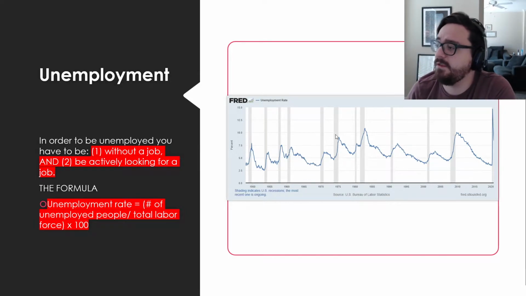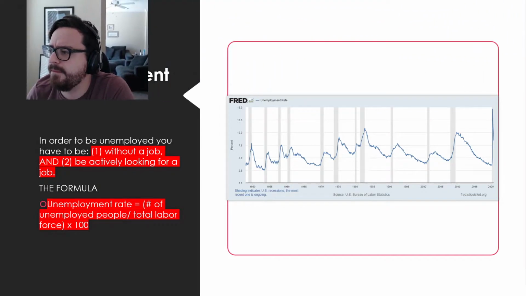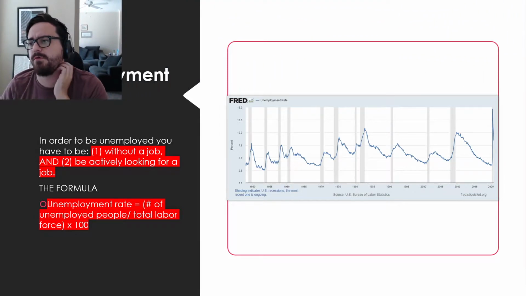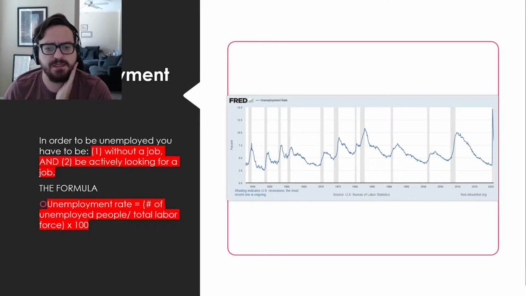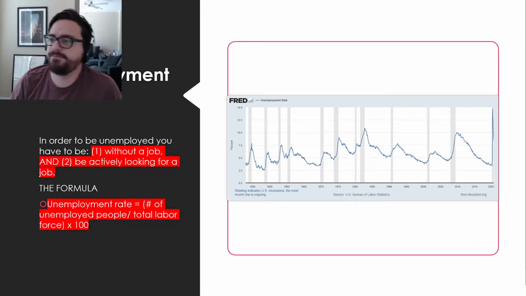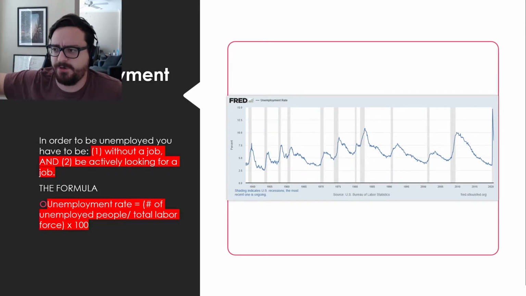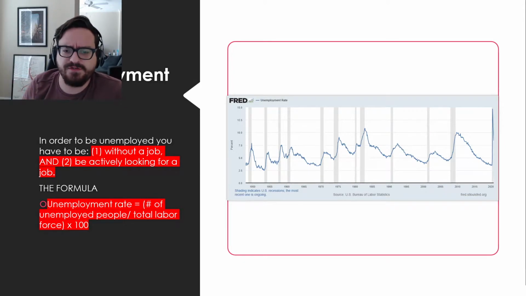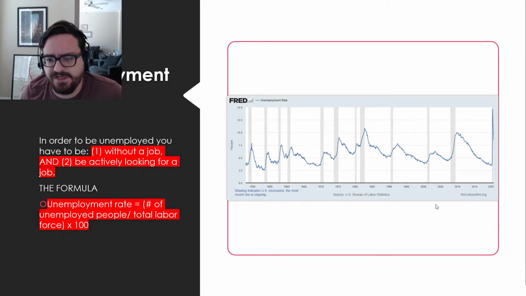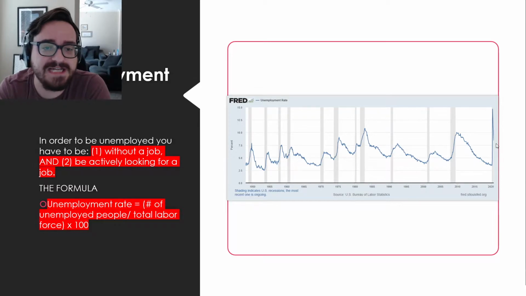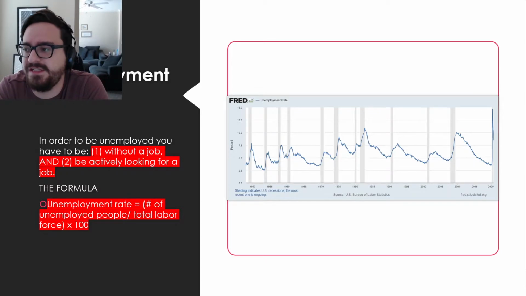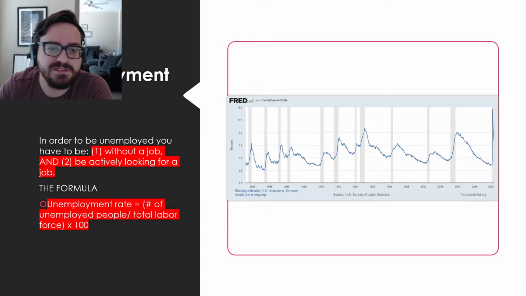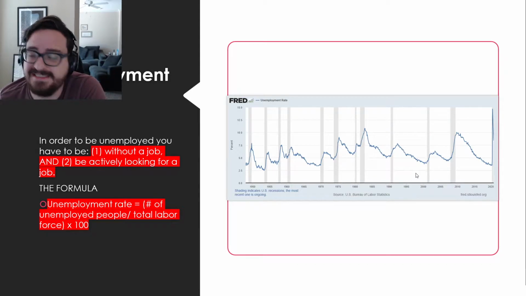Now what you have over here, which I can move my camera a little bit out of the way, is the FRED data. The FRED is the Federal Reserve Bank in, I want to say it's St. Louis. They have an entire research department that does a ton of super useful data. If you ever go on their website, just type in FRED onto Google, you'll find the website. It's bottom right here. It's fred.stlouisfed.org. You can type in any economic metric and it'll give you data for it that we've collected. So you can see the unemployment rate over the last 70 years here.